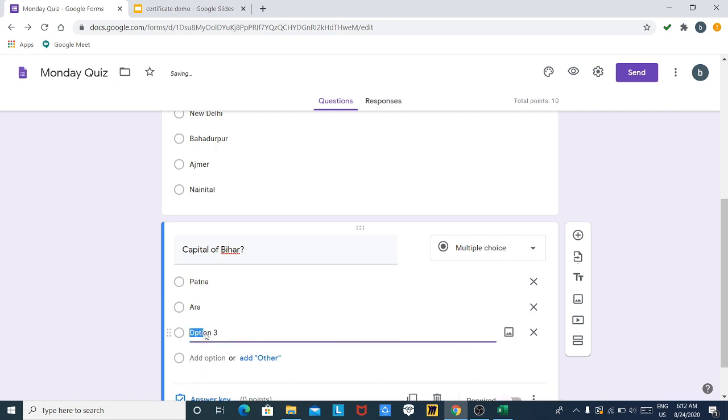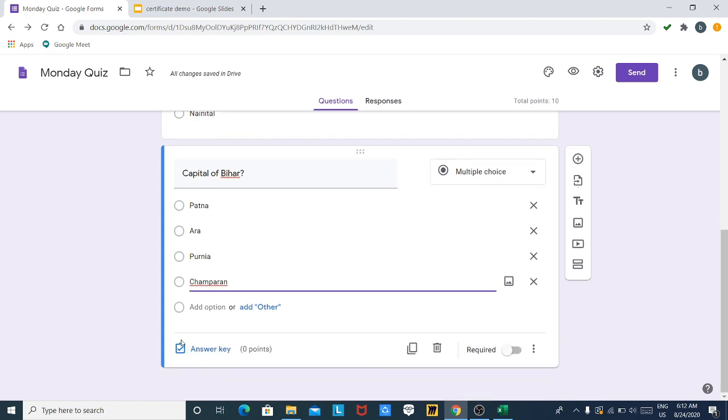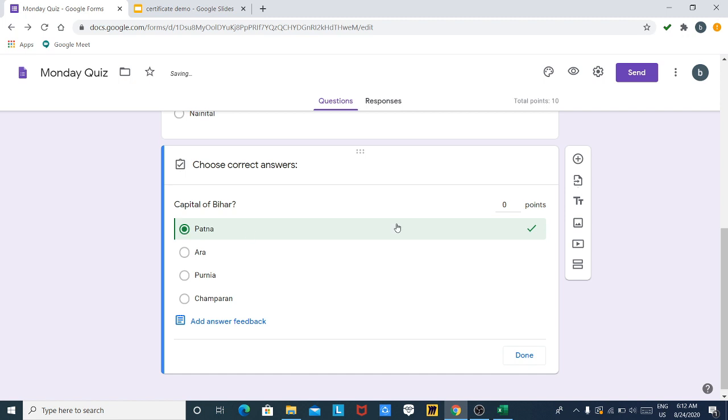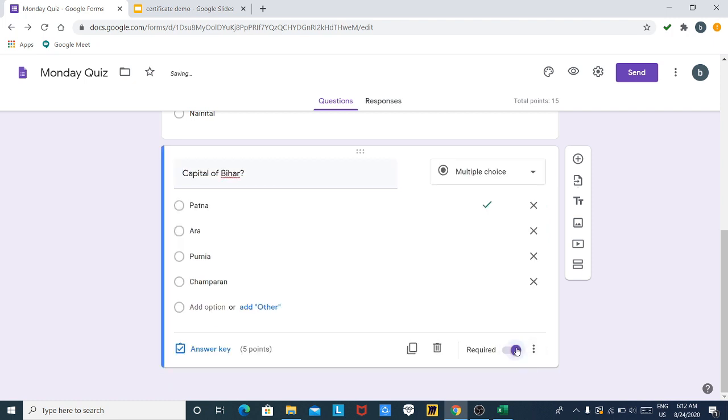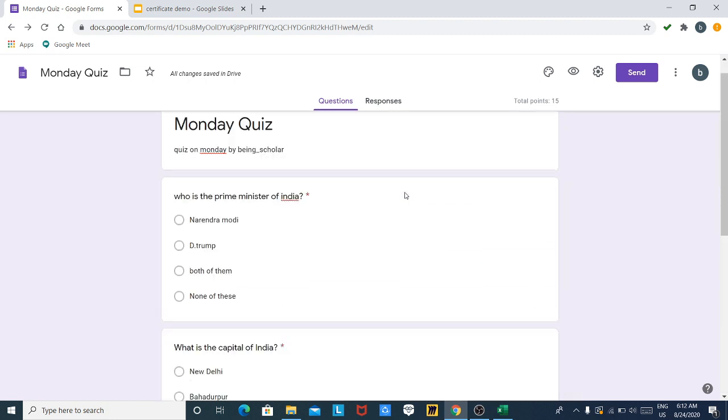Third option, Purnia. And fourth option, Champaran. Now we have to select the right option. So the right answer is Patna. I am assigning 5 points again. Click on done. Make this a required question. So in this quiz, I have created 3 questions.